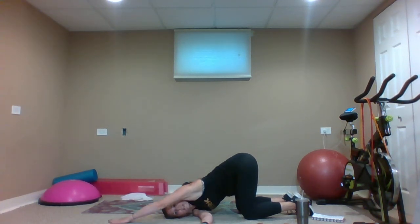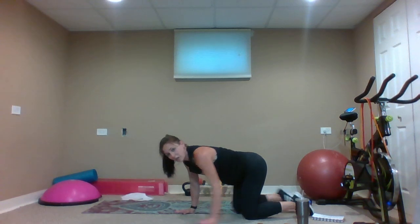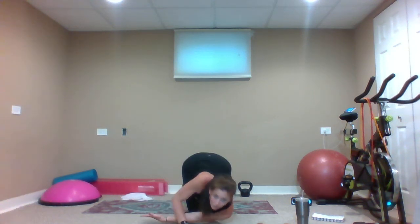Your left arm you can take out, you can put behind you, whatever feels right for you. Feeling that stretch in that right shoulder. Taking a couple of breaths here. And then slowly bringing that left arm back, pushing yourself back up, and bringing that right arm back under your shoulder. This time we're going to do it with the left arm, taking it out, bringing it under, falling into